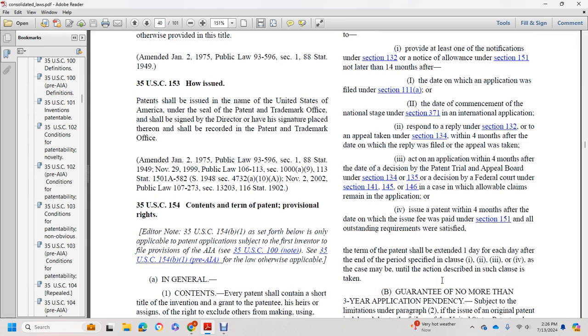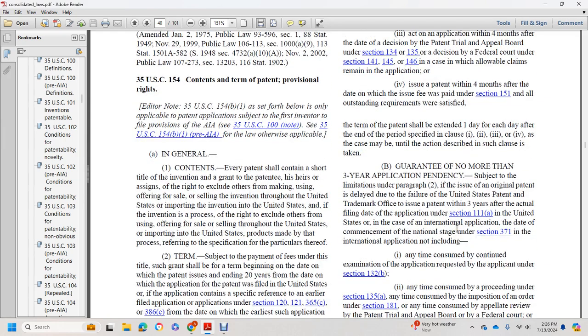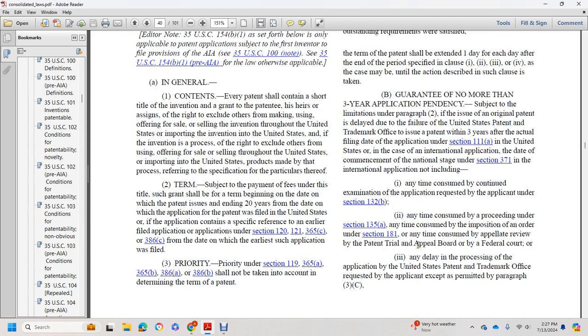the term of the patent shall be extended 1 day for each day after the end of the period specified in clause 1, 2, 3, or 4, as the case may be, until the action described in such clause is taken. Guarantee of no more than 3-year application pendency. Subject to the limitations under paragraph 2, if the issue of an original patent is delayed due to the failure of the Patent and Trademark Office to issue a patent within 3 years after the actual filing date of the application in the United States, not including any time consumed by continued examination of the application requested by the applicant under section 132(b), or, in the case of an international application, the date of commencement of the national stage under section 371,